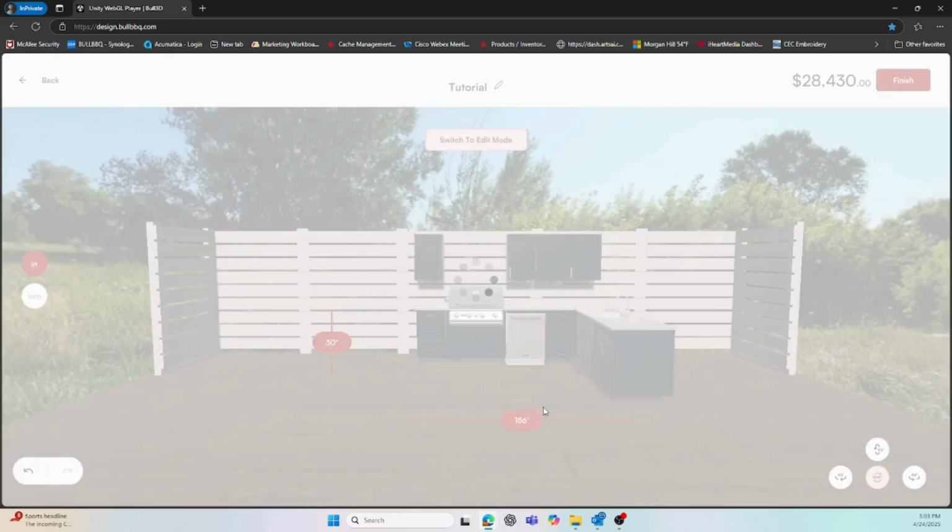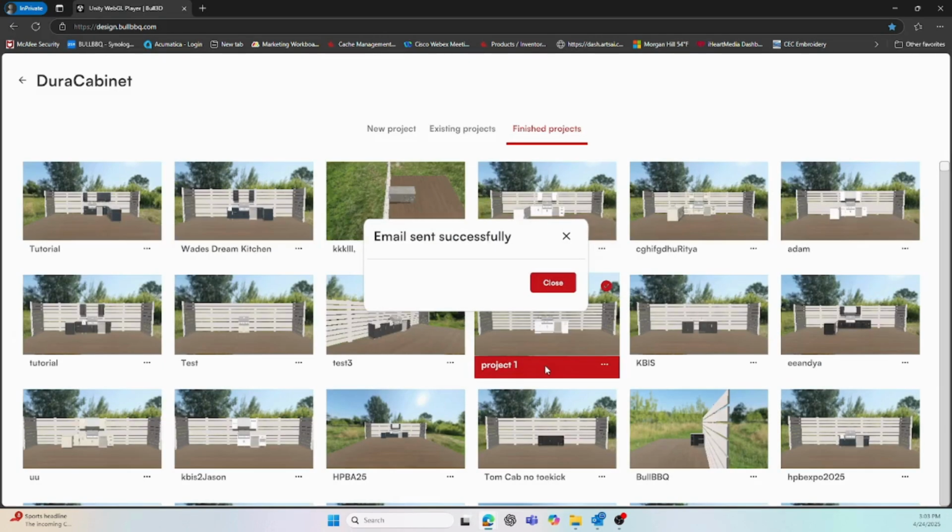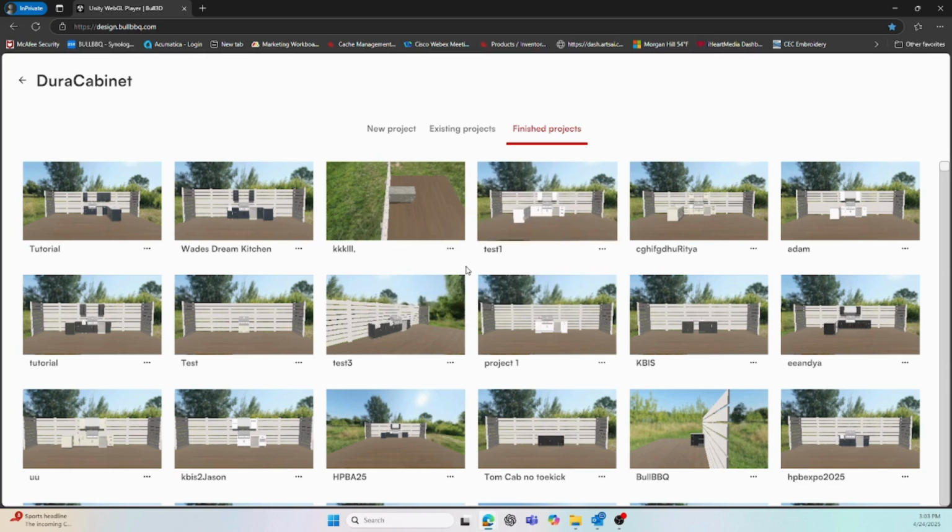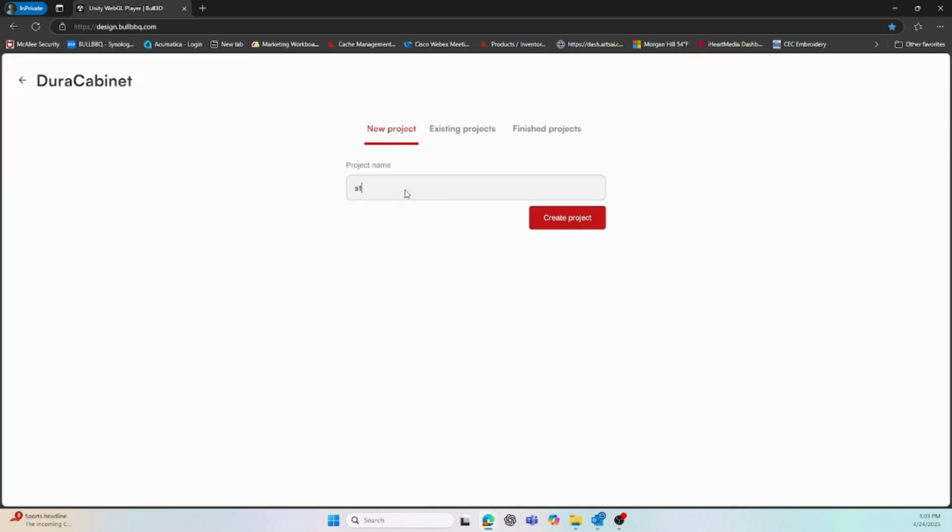Okay, here we go. So that's going to be sent to me as the client, you as the login person who logged in, and to the Bull sales team, internal sales team. So we'll have all kinds of records of this, and we'll know that you did a quote. We'll probably end up emailing you to see, hey, what happened with this? Did you do this? So I want to show you a couple things because you can also do straight projects